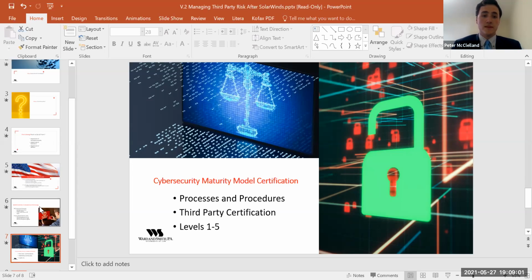The Cybersecurity Maturity Model Certification is a program that was developed by the Department of Defense because they started looking around at their contractors, the defense industrial base.